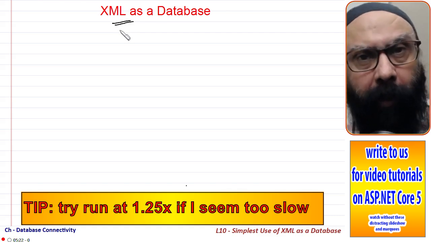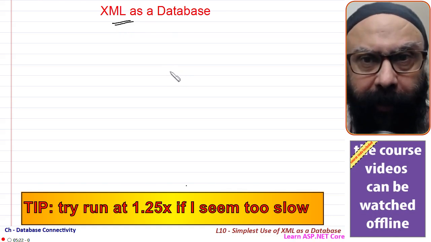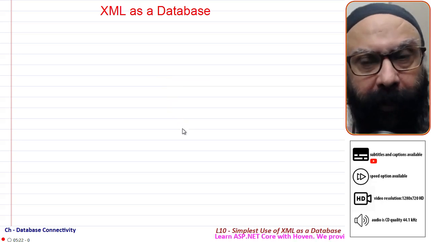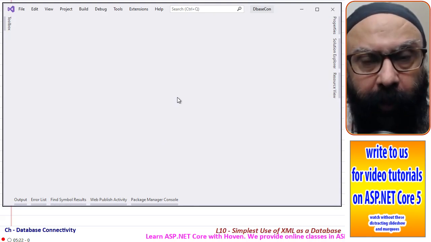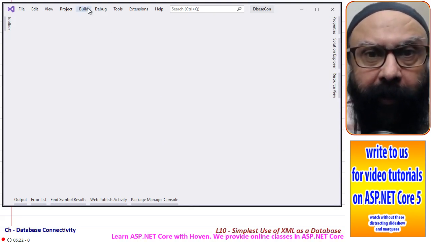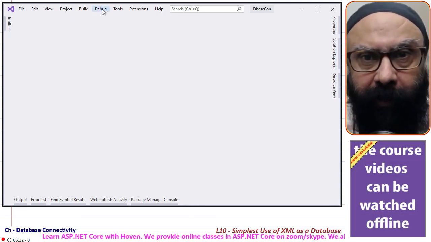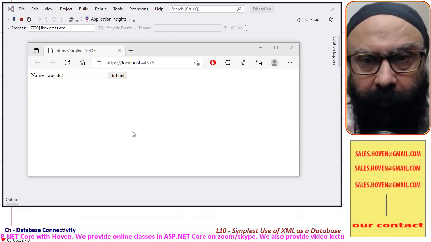Data, we will update that data. So before that, let me show you what we are going to target, what we are going to do. I'll keep the example as simple as possible. So this is a Visual Studio project that I have already created, and let me start with running it so that we can see what we are going to build now.